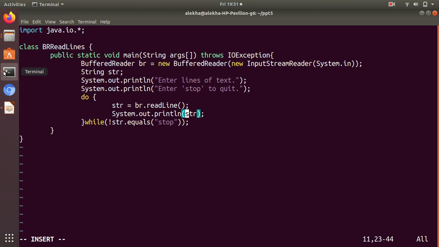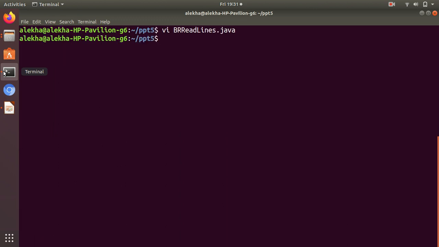Here I am going to print "input line is" plus the string, so that whatever line is read will be immediately printed by the System.out.println statement. Let us compile again.